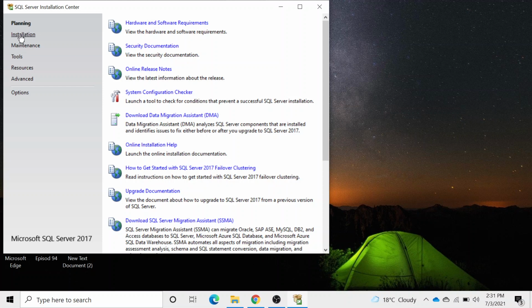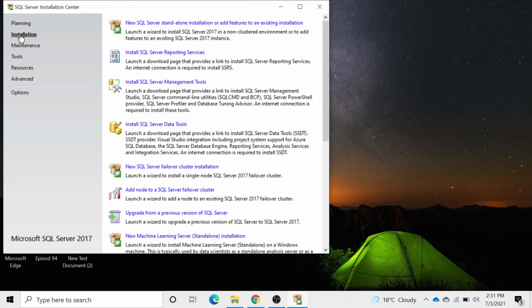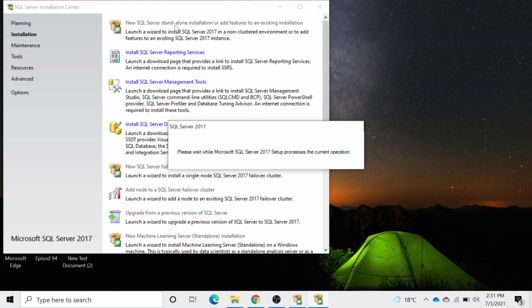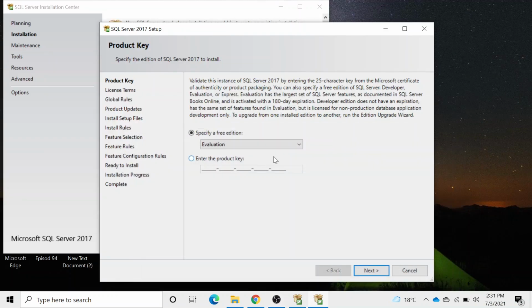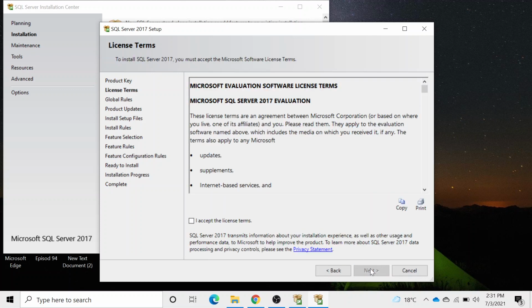Click installation, and then click new SQL Server standalone installation. Okay, choose the free edition, which is evaluation, then click next, then click I accept the license terms, then click